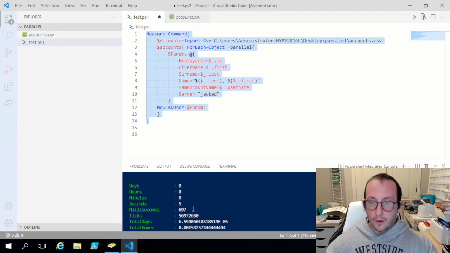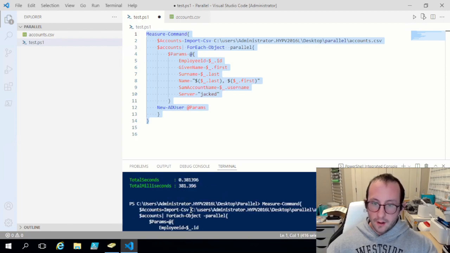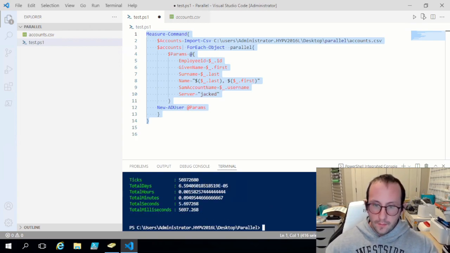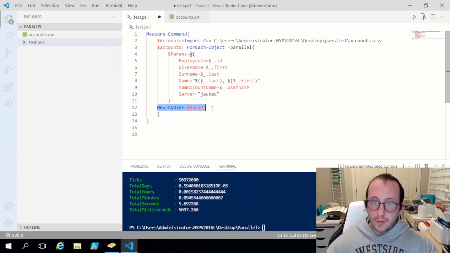It's a lot more, because if I look at the milliseconds, it is 5,697 compared to 381. So that is about, let me actually just get out a calculator here. So that is 5,697 divided by 381. So it is actually almost 15 times slower running it in parallel, because the actual command of New-ADUser